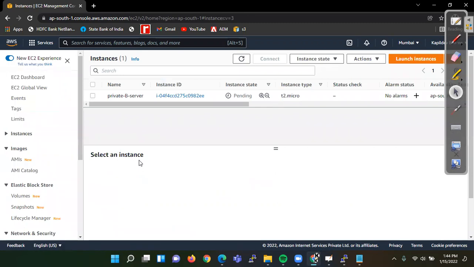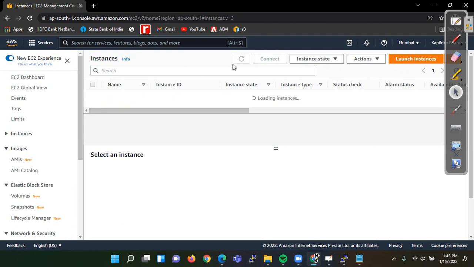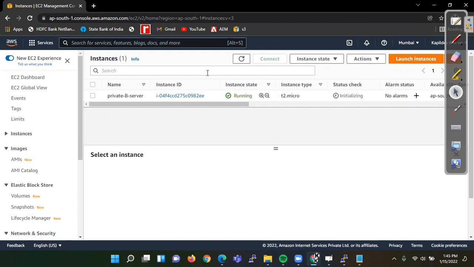So this is done. Now we have a peering connection in Ohio region, and here we have access from this region also, but we haven't modified that route table. So if we try to connect, it should not be connected. So let us do that part, and then we do modification in route table, and then we try to connect again.